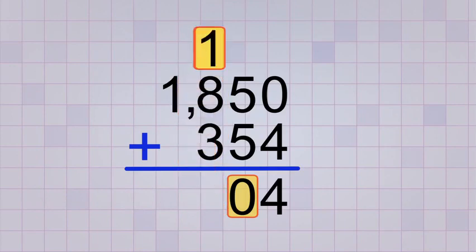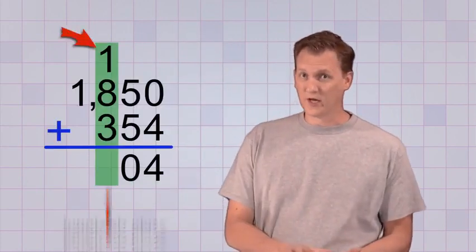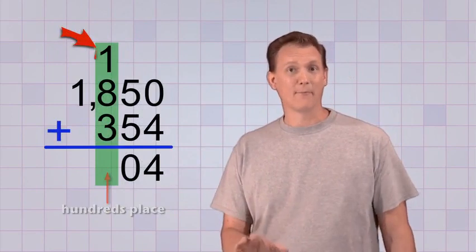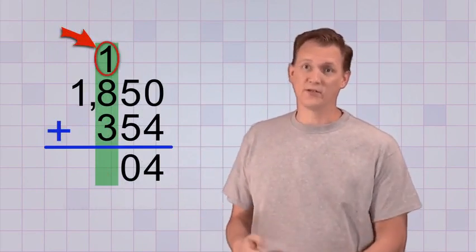of the next number place column. Instead of putting it in the answer space, we put it above the other digits in our hundreds place column so that we can add it with the rest of the digits in that column. So you can see the 1 is going to go in the hundreds place of our answer, just not by itself. It's almost like it has to get in line so it can be added to the other digits in